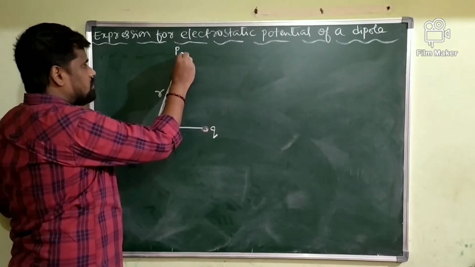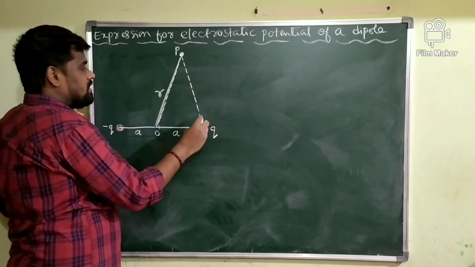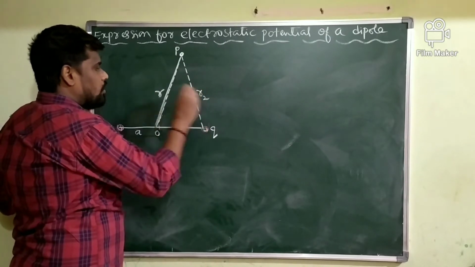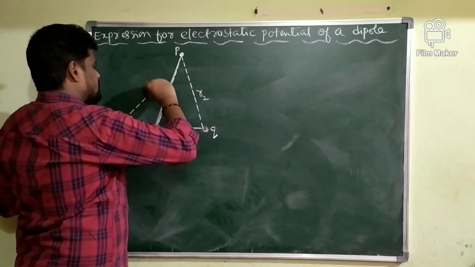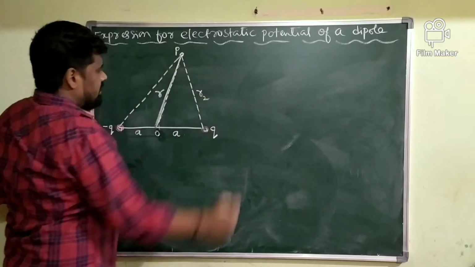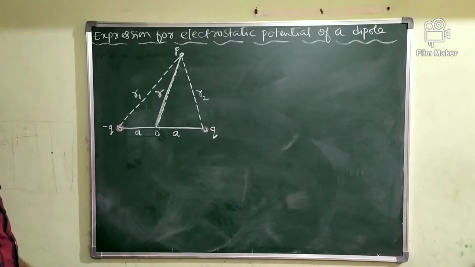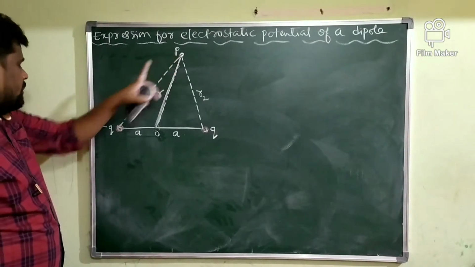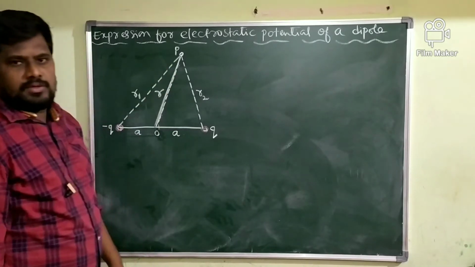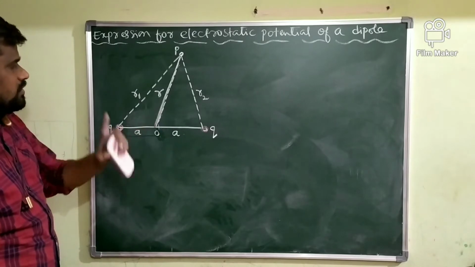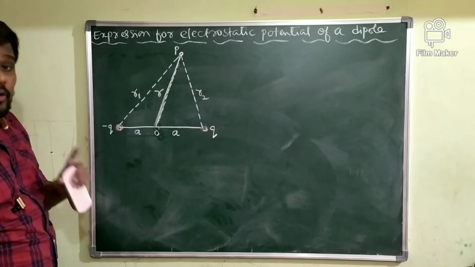From plus q charge, its distance is taken as r2, and from minus q charge, its distance is taken as r1. What is r1? Distance of a point P from minus q charge. r2 is a distance of a point from plus q charge. I want to calculate the total electric potential